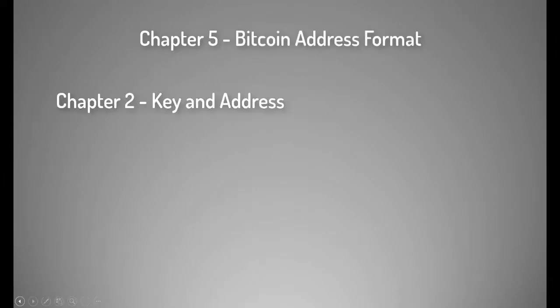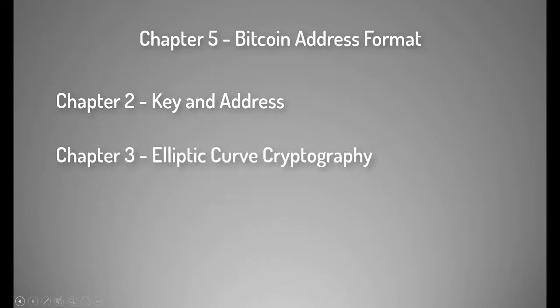So this is all about the format of Bitcoin address. And in previous chapters, I have already explained what is private key, public key, and Bitcoin address and how they are interrelated, what is elliptic curve cryptography, which is used to convert private key to public key, and what are the different formats of private key and public key. I think now is the time to move to our next section, which explains wallet technology and its data structure.